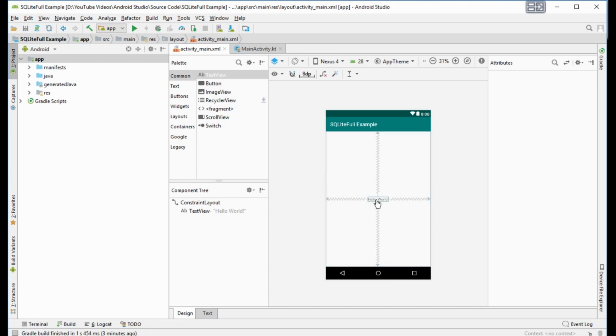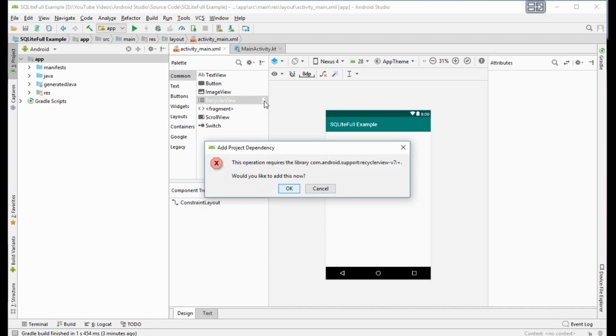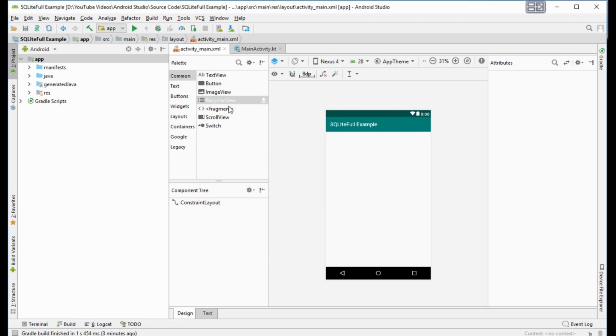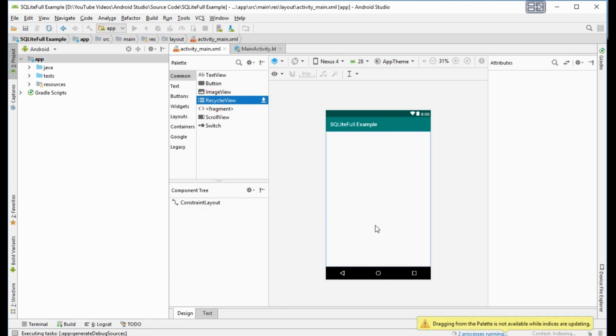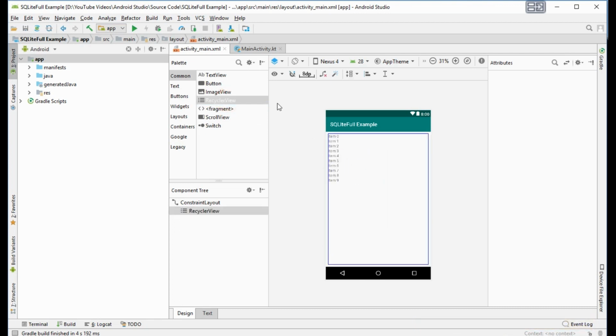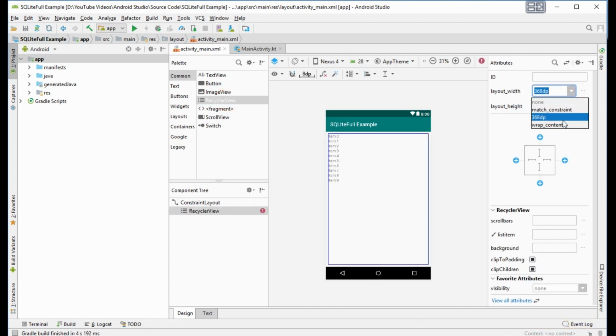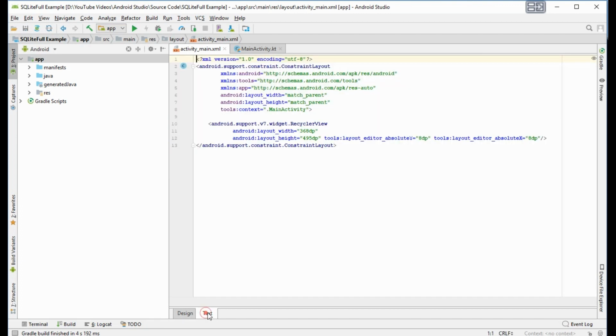Okay. Now we will remove this hello, and we will add a recycler view to the screen. Okay, we add it here, and here we will give it match parent, and the height match parent.